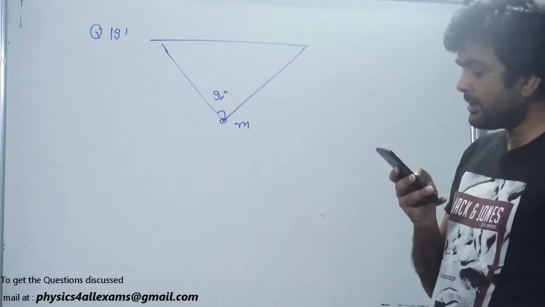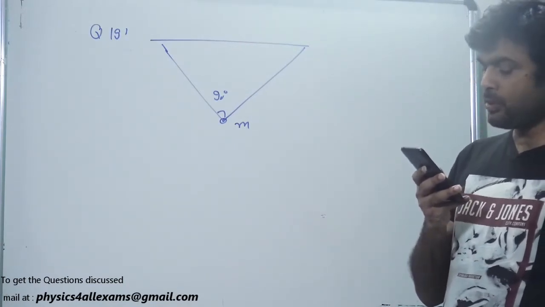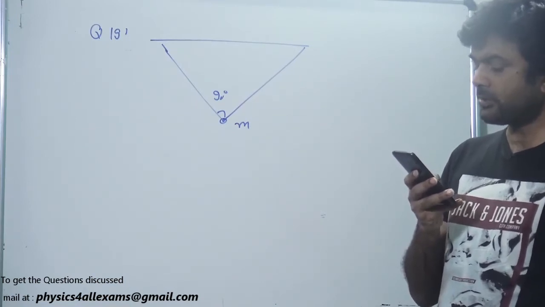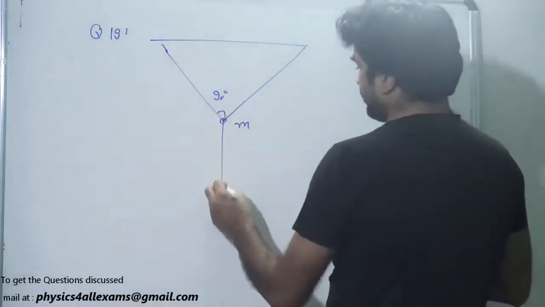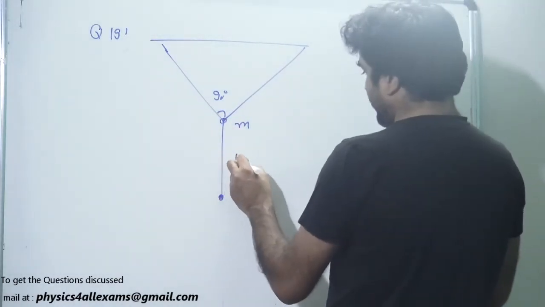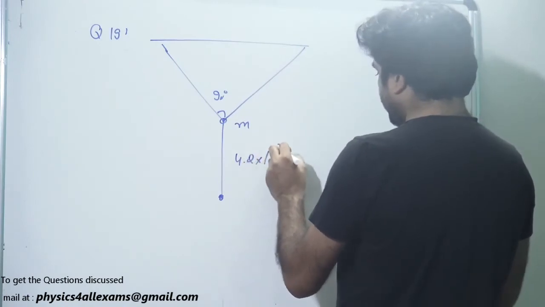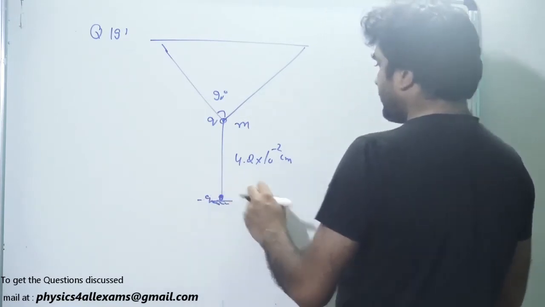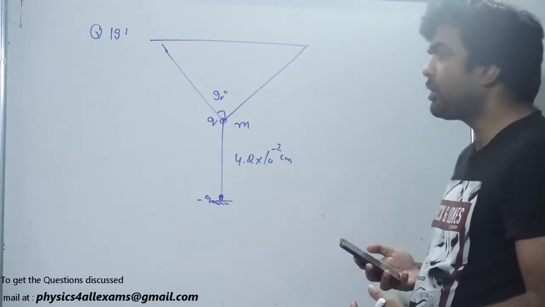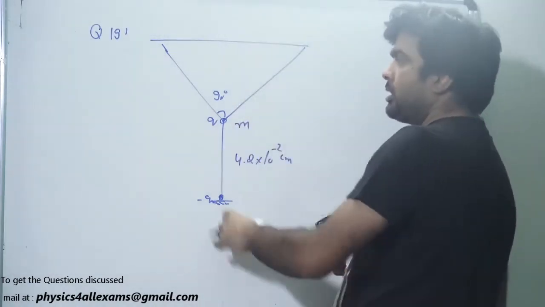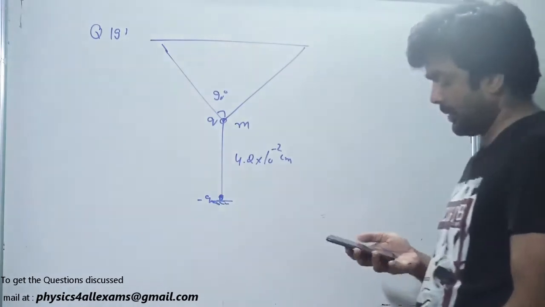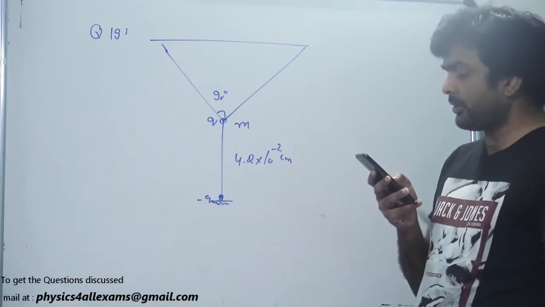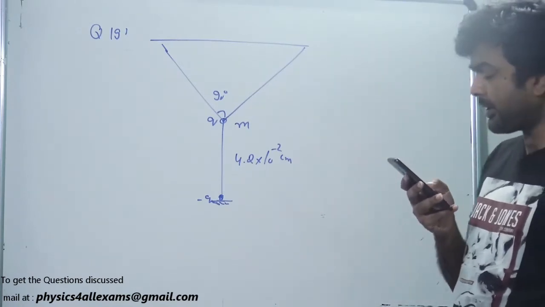Now another ball carrying a charge which is equal in magnitude but opposite in sign to the first one is placed vertically below the first one at a distance of 4.2 into 10 to the power of minus 2 meter. If this charge is q, a charge minus q is fixed at this point. So what will happen? Because of this electrostatic attractive force, the tension in the strings will increase. So we have to determine the charge on the ball and the tension in the string after electrostatic interaction.